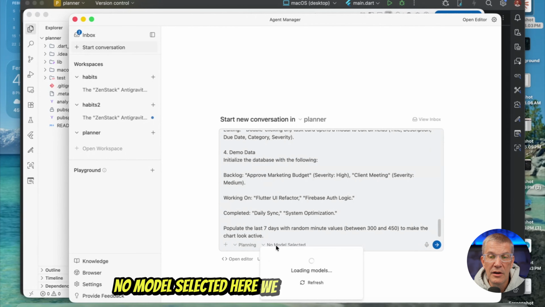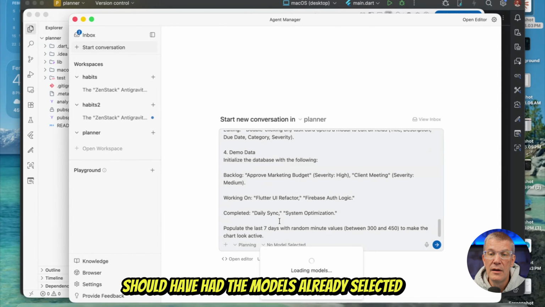No models selected. Here we go, loading models. That should have had the models already selected. So,